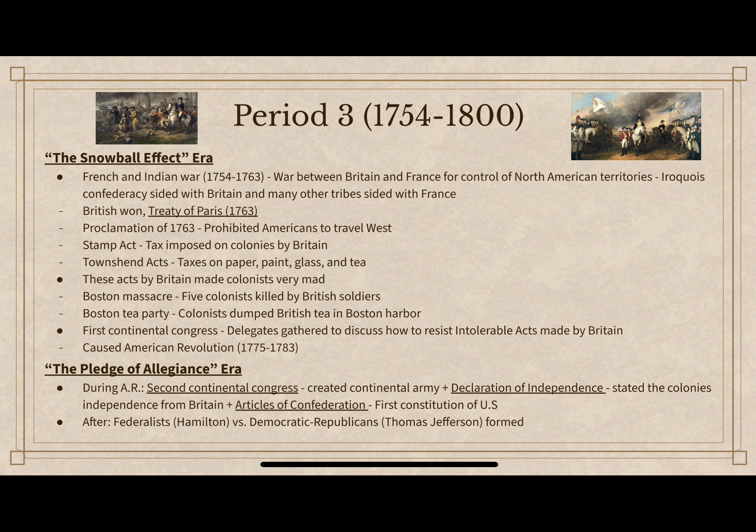Through periods 3 through 5, I decided to split the events into eras since a lot happened between these specific periods. The first era in period 3 is the snowball effect era. This era comprises all the events that are before the American Revolution. The first major event is the French and Indian War, which is also referred to as the 7 Years' War. It was a war between Britain and France that ultimately led to the Treaty of Paris, which expanded Britain's territory